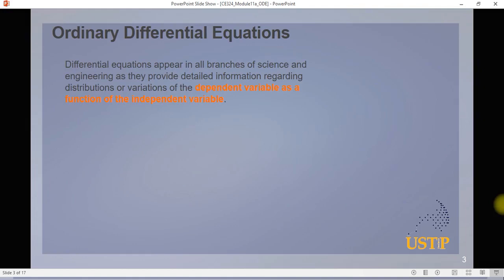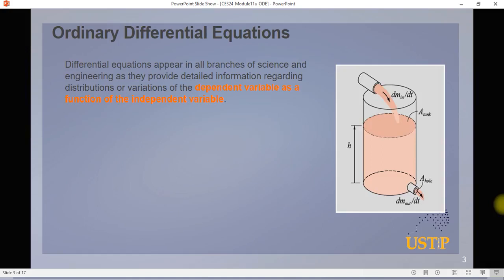So kanang mga computer simulation sa billiard and other kind of simulation, ga-involve na sila og differential equations, no? So parehas ang friction sa table, including na sa mga considerations sa differential equation. So in the case of engineering, so kanang mga flow analysis, so that involves differential equation. So important jud ning differential equations. So and then this provides detailed information regarding distributions or variation of the dependent variable as a function of the